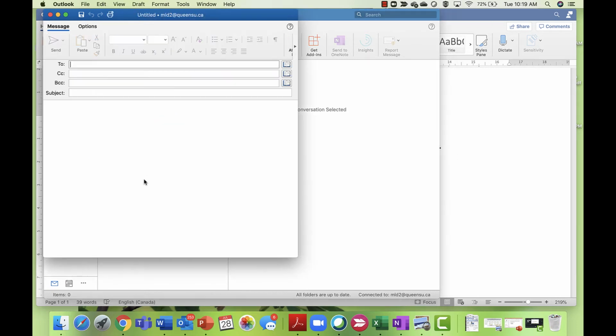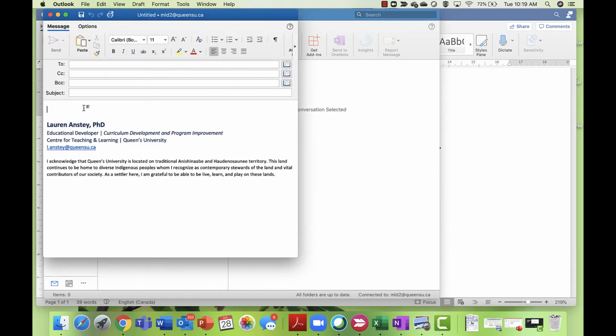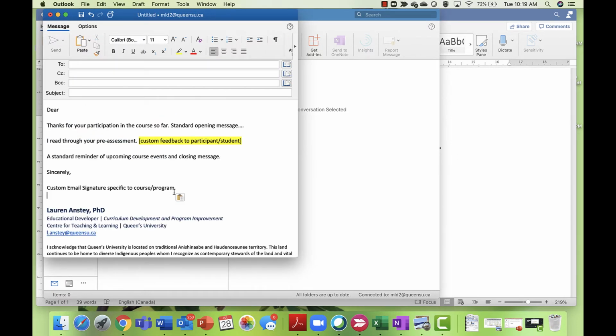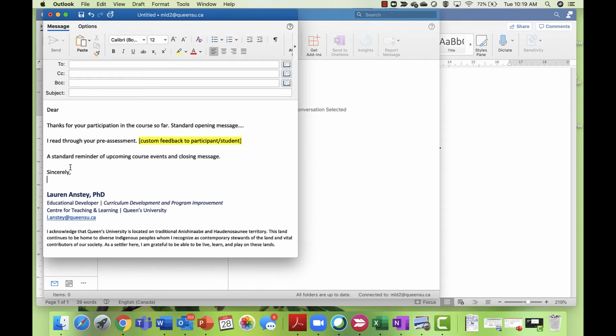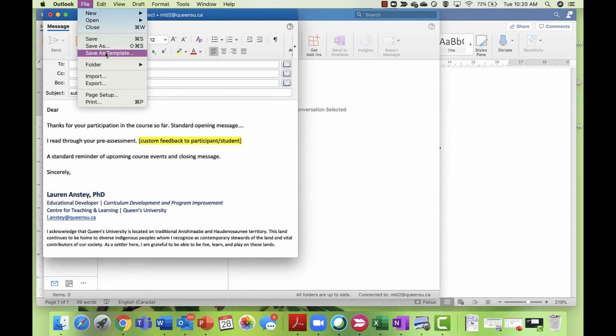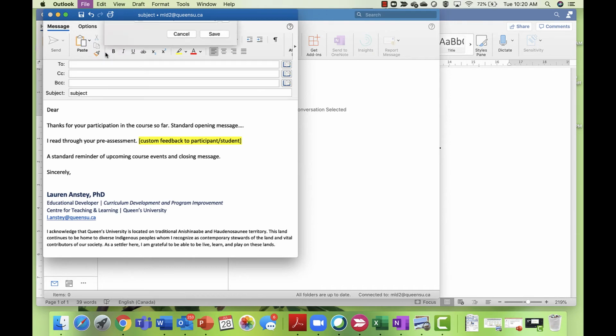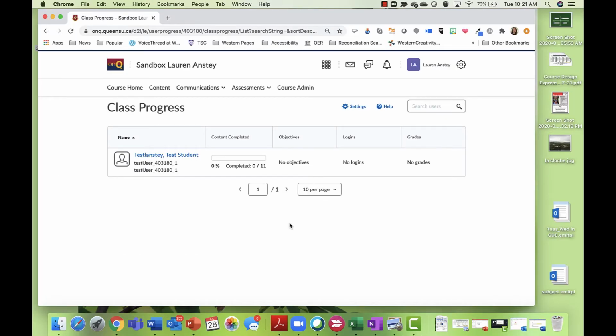and create a new email, then I can start to build my template right here within the platform. Can even add a subject. Now what you want to do is save this as a template. So what I tend to do is find a point at which this email is my desired approach to communicating